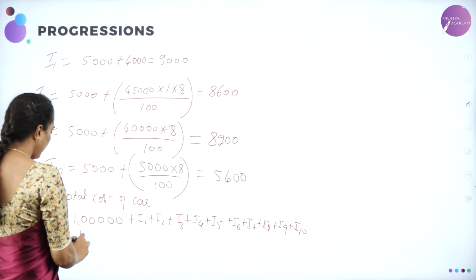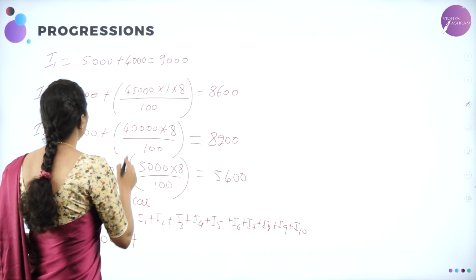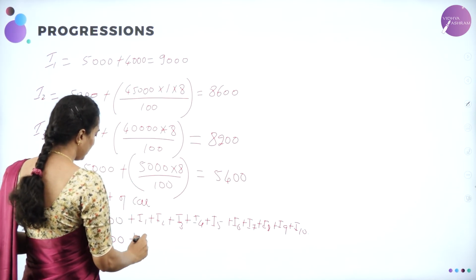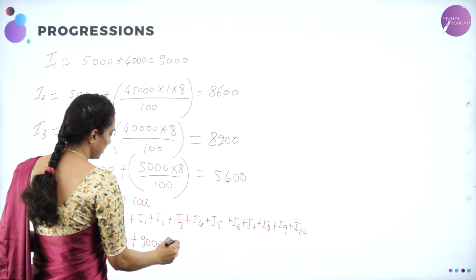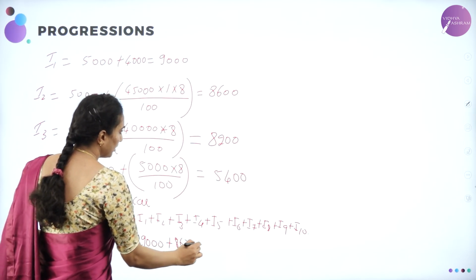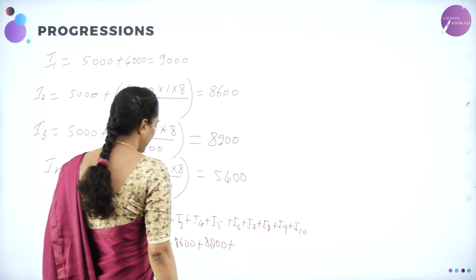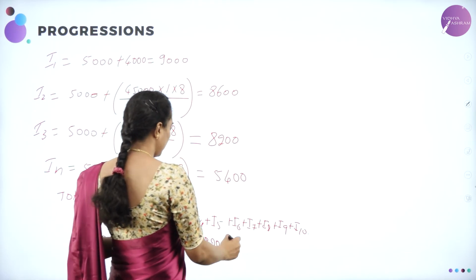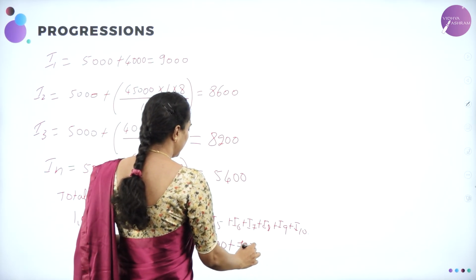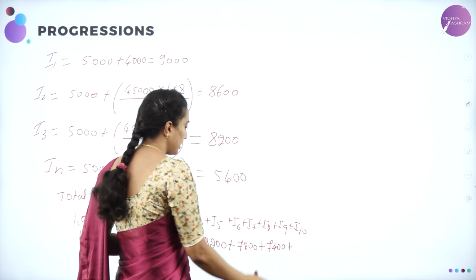Therefore, you have 1 lakh plus I1, which is 9,000, plus I2, which is 8,600. What is the difference? Plus 8,200, again a difference of 400, plus 7,800 plus 7,400 plus 7,000